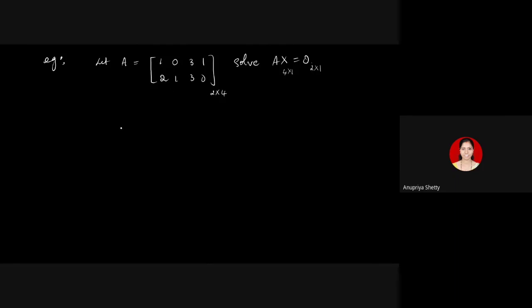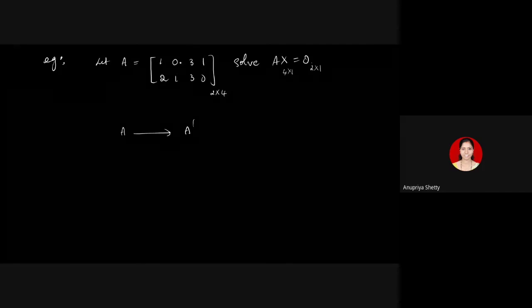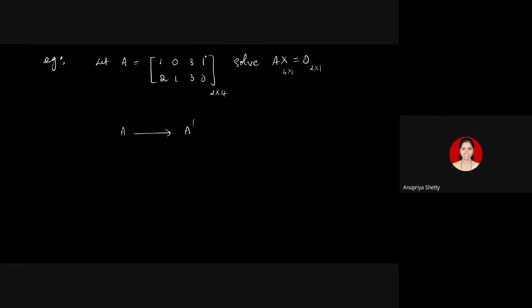Solve this. You reduce A to the row echelon form A dash first. Find out what is A dash. Since there are 2 rows, at the maximum you can have 2 pivots, right? So you will get at least 2 columns having no pivot. If there is no pivot in the second and the fourth column, then you give arbitrary values to x2 and x4. If there are no pivots in the third and the fourth column, you give arbitrary values, say A and B, to x3 and x4. That's how you work. Try solving the system and I want the solution in the next class. Give me all the solutions.